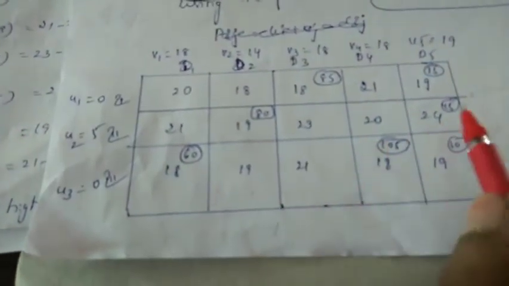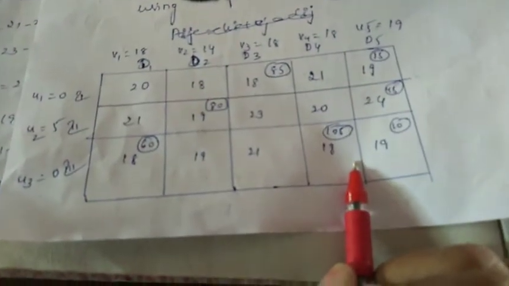C15. Next, this is second row, second column. That is C22. And next, this is second row, fifth column, 1, 2, 3, 4, 5, second row, fifth column, C25. And next, this is third row, first column, C31. This is third row, fourth column, C34. And this is third row, fifth column, C35. So those are like that.